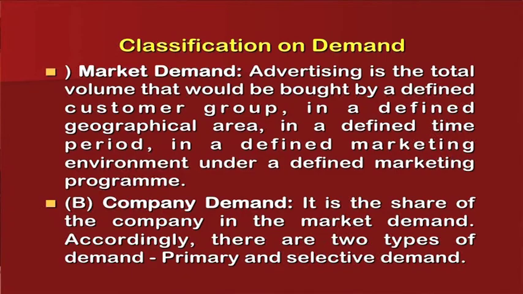Now, the total demand is for the product, and the company demand is how much the company is able to fulfill, because you do not have the production capacity to reach all the customers. You have a cap on your production schedule. So, maybe you have a 30% market share or maybe 20%, because your machines are not able to work beyond that.